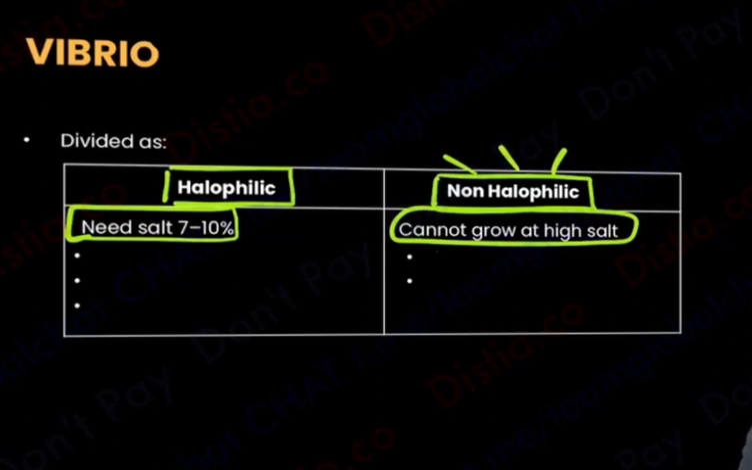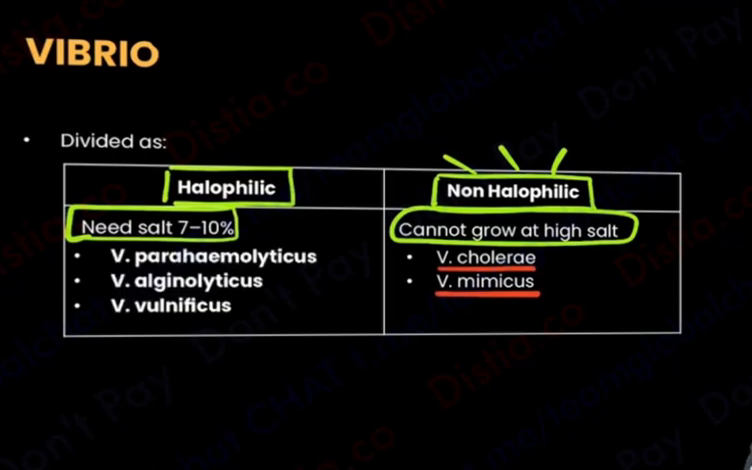And your Vibrio cholerae and mimicus come under this. Vibrio mimicus is the one that is going to mimic cholera. And all the others that you know, that is parahaemolyticus, alginolyticus, vulnificus, all of them are going to go into the halophilic variety. So obviously first I'm going to start off with this Vibrio cholerae story, which is everyone's favorite,